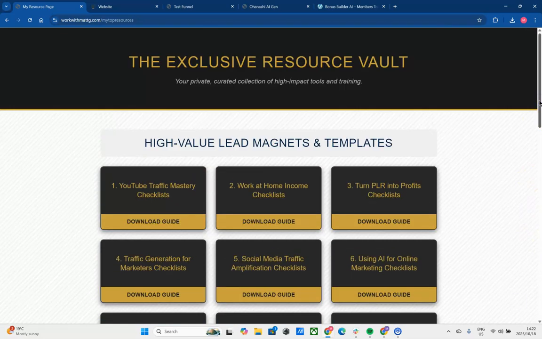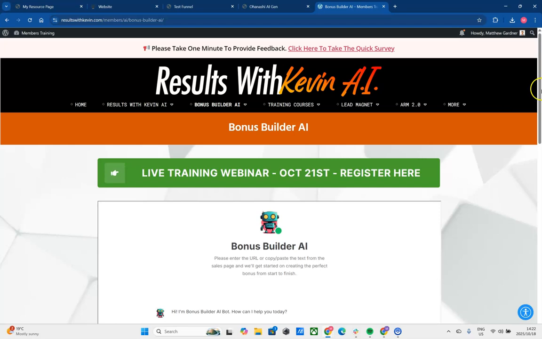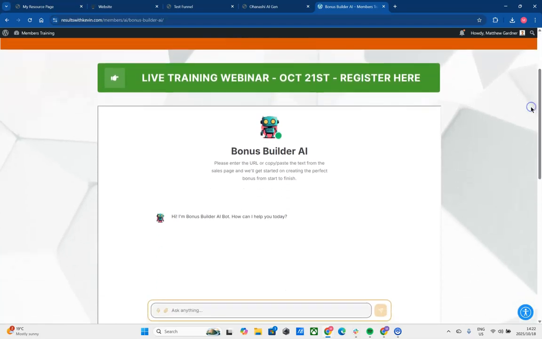And I honestly started with absolutely nothing. I wanted to share with you a very brief process that I use to create a page like this. So here is your Bonus Builder AI bot. And what I'm going to say to it is, okay, please create a resource page